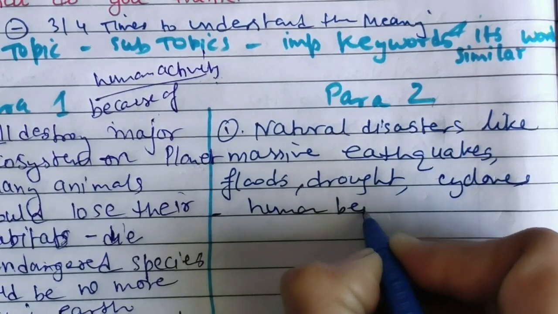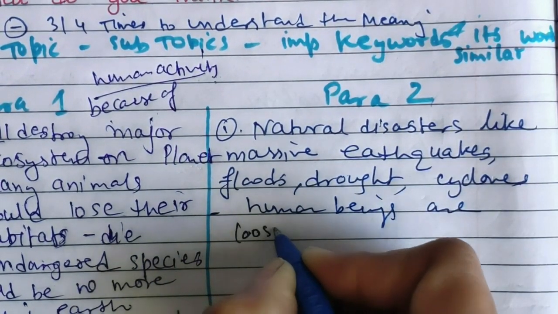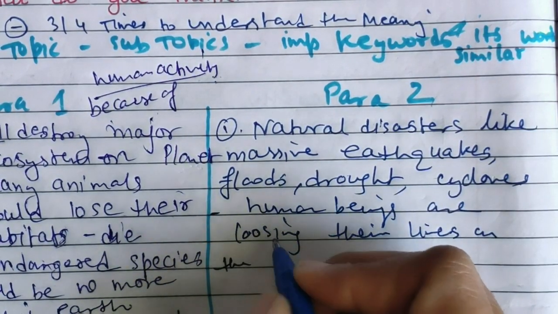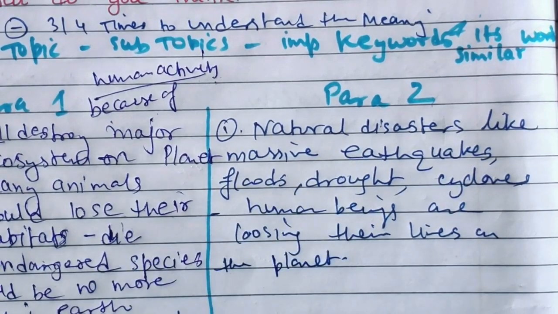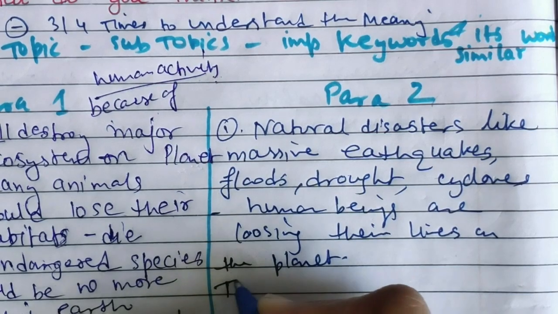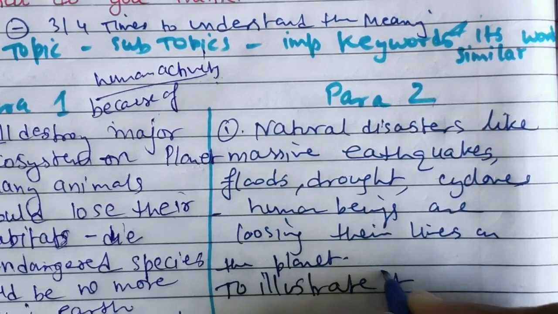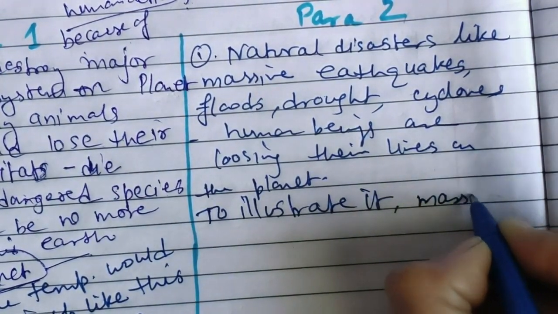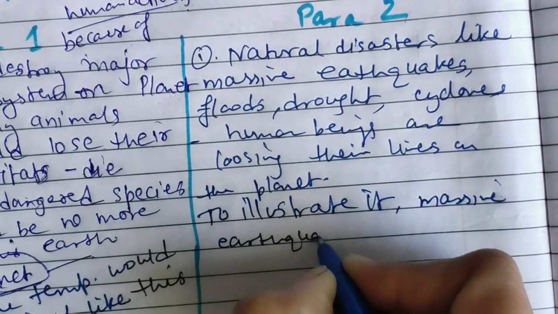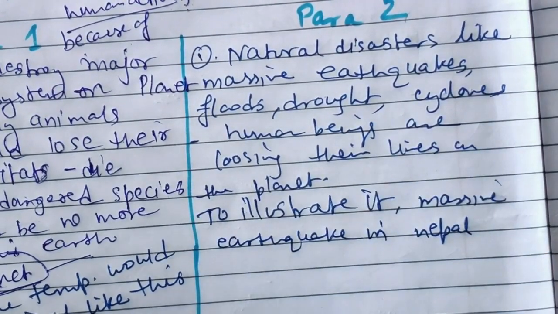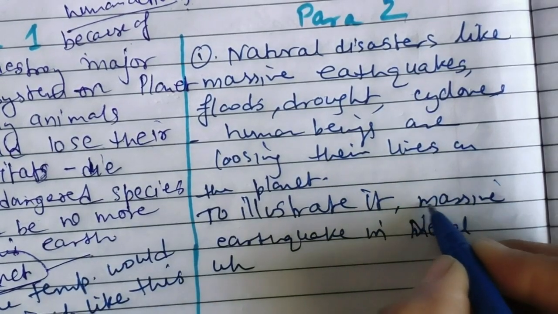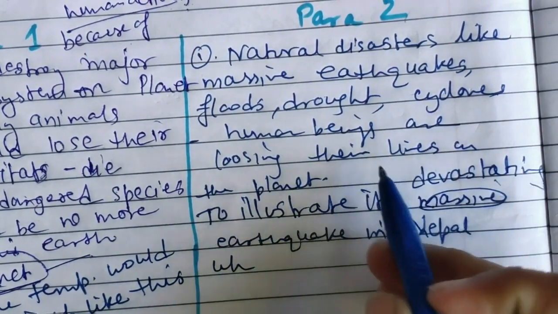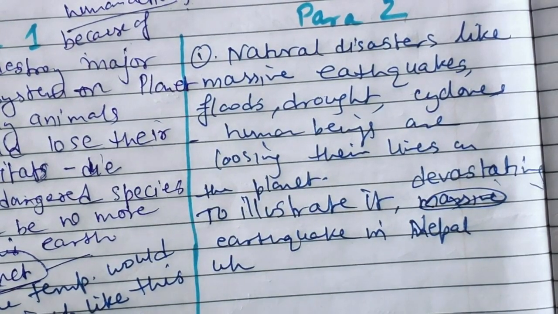Human beings are losing their lives on the planet. To illustrate it, we can give the example of the massive earthquake in Nepal. In Nepal, where massive, we are not going to use that, use devastating here. See, first I wrote the word again, then I cut it myself. So the devastating earthquake in Nepal